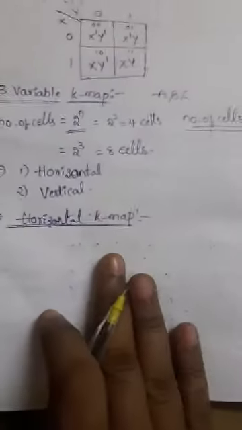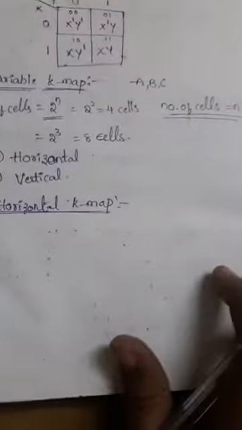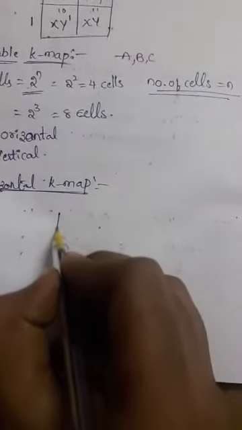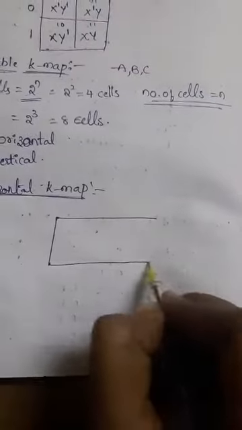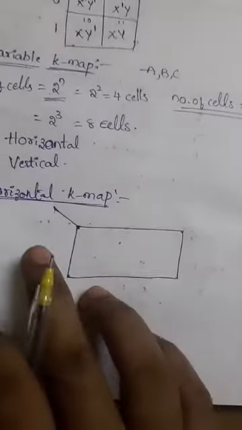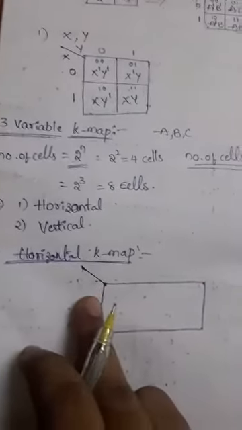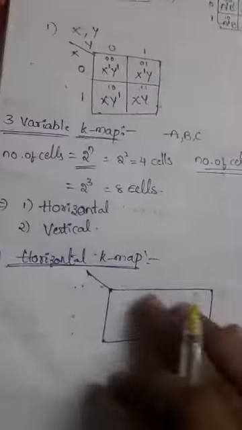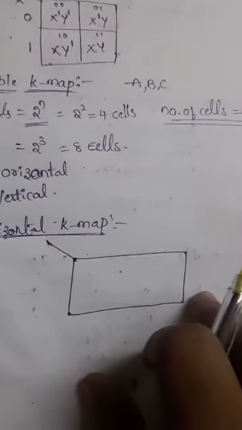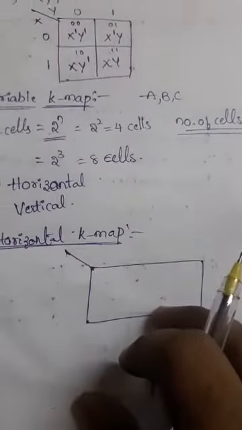As usual, we have possibilities. The horizontal K-map pictorial representation is like this. We are taking the horizontal representation like this, and already you know we have a partition like this. The horizontal K-map also has the partition, and now we will see how many cells we are getting and how to take the variables in this K-map. For example, if you are taking two variables in the column, I am considering here a two variable K-map.